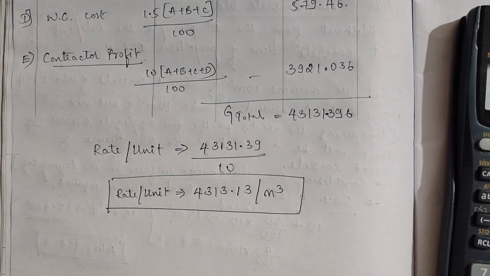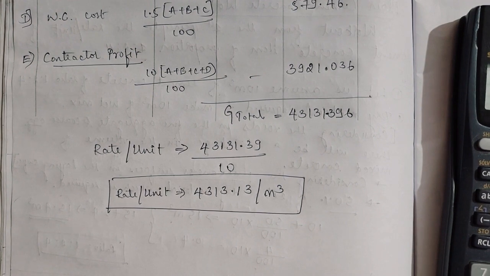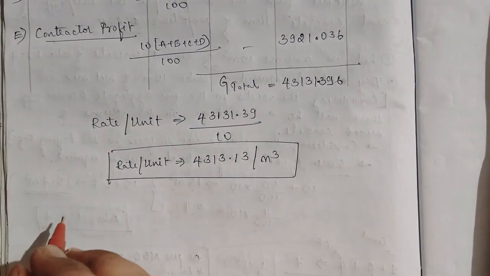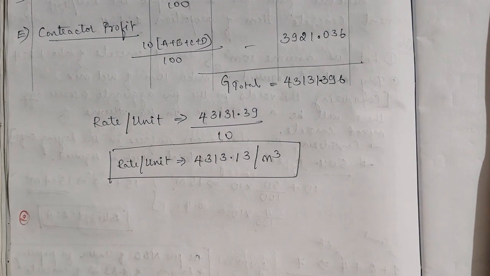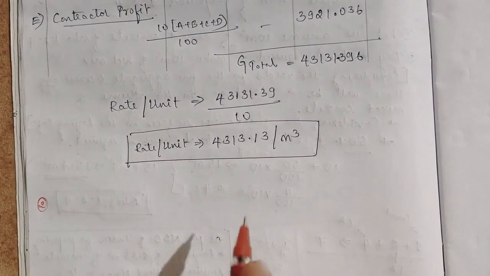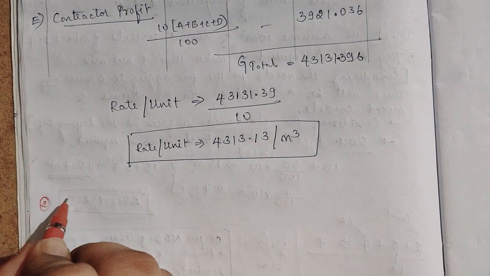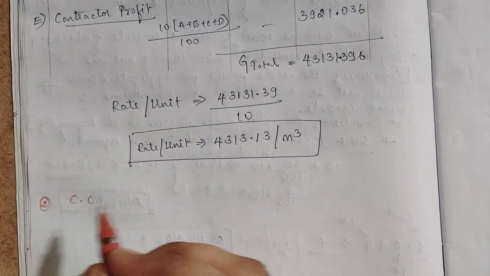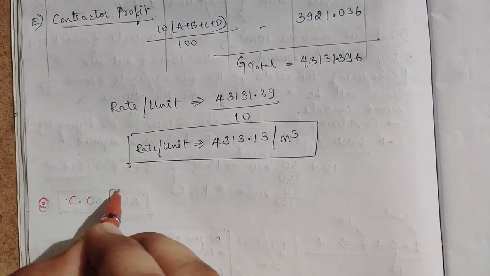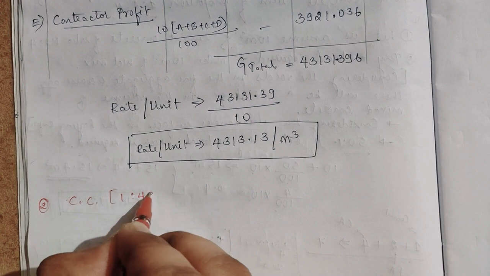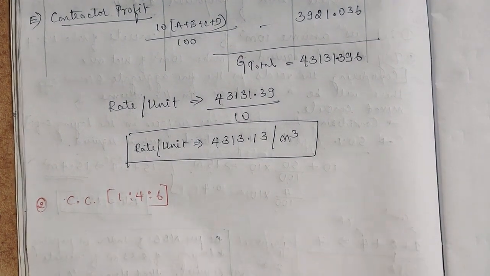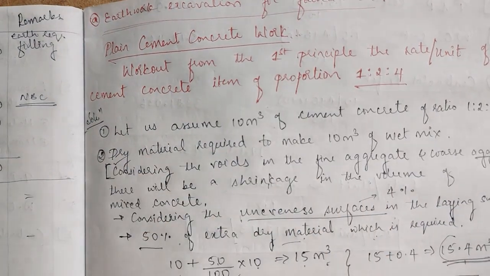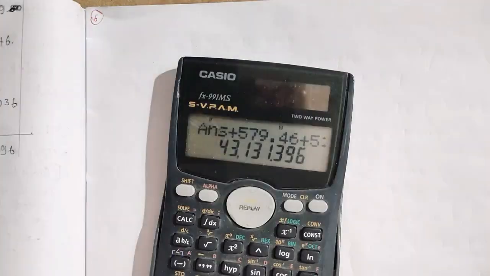Now I'll give another assignment for you. Same you have to do with different proportion of ratio. Now second one, same question, work out from first principles the rate per unit of bed concrete in foundation, that is CC, cement concrete. So proportion I will give, here I will give